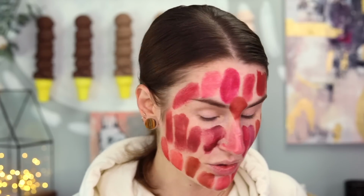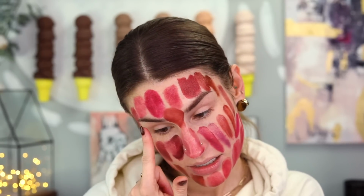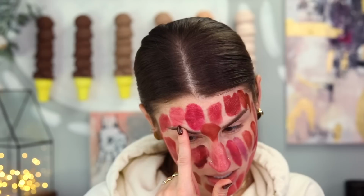I tried to do it without my phone and it just didn't work. It was really, really hard to watch. Oh, that's right, I swapped them. Then we have the Keirweis in, what was this called again? Effervescence, right here. Then this is the Rare Beauty in Nearly Berry, Salt NY Raspberry, Bitten from Flower Beauty, Ilia,